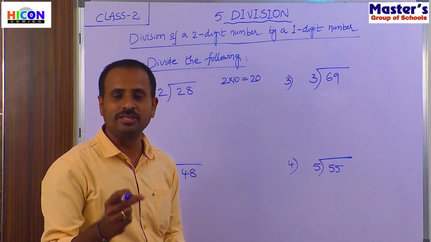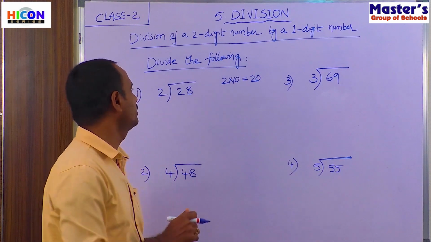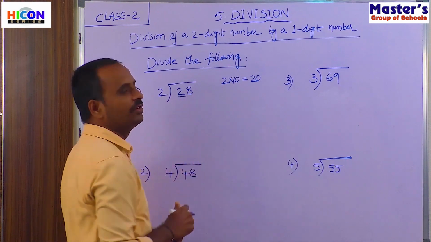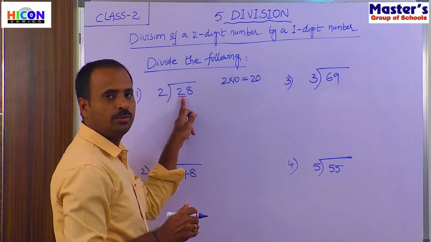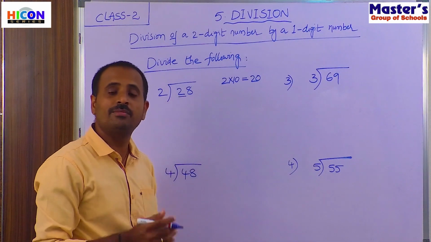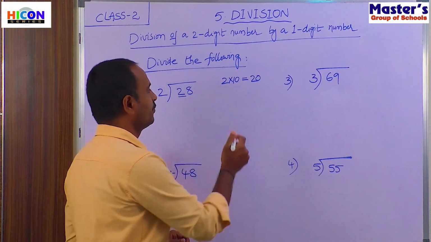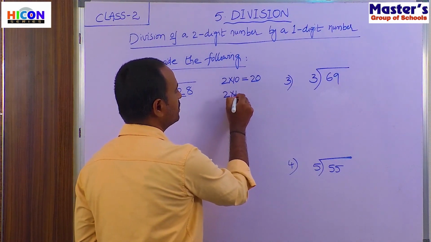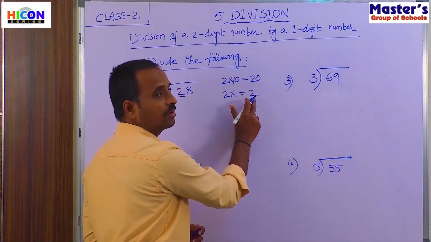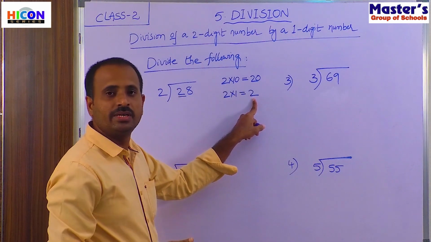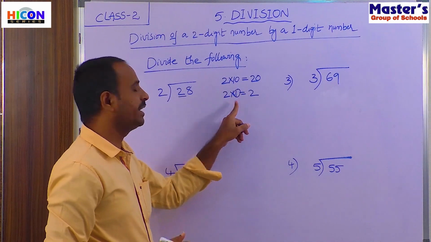So now take each digit. Let us take the first digit in the given dividend. What is the first digit in the dividend? 2 is the first digit. So let us find when the number 2 comes in the second table. That means how many times we have to take. If you take one time, that is 2 ones are. Children, how much are 2 ones? 2 ones are 2. Yes, we have got the number 2. How many times have we taken? One time. So 1 times 2 is 2.